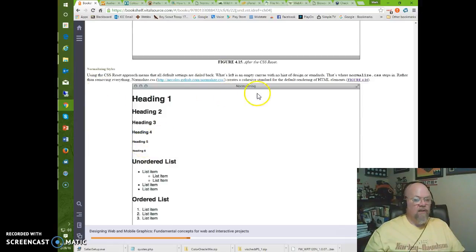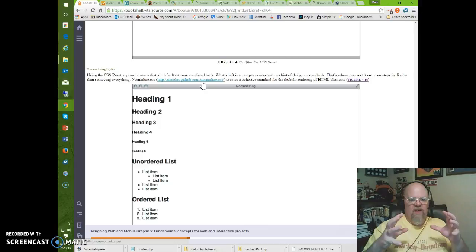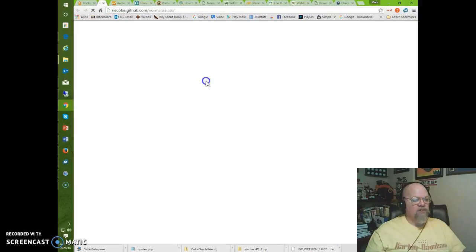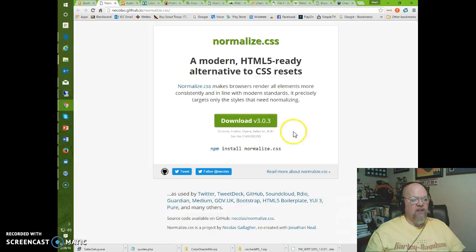And then what's really neat is we've got this thing called normalize. Now what normalize will do for us, it would allow us to get kind of a standard style sheet that fits everything. It fits Firefox and Chrome and Opera and Safari and Android and iOS and all of them. So it's kind of a nice general. And if we go to this site right here called normalize.css, we go here, we can actually download this guy, and what I've done is I've actually put it out there on the